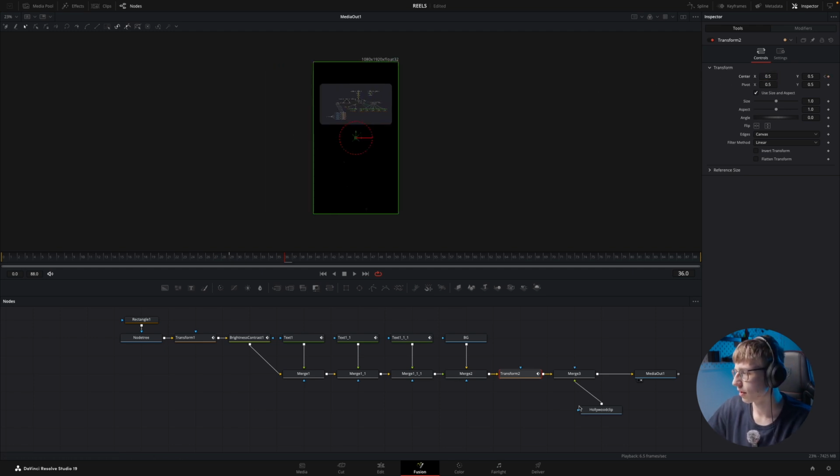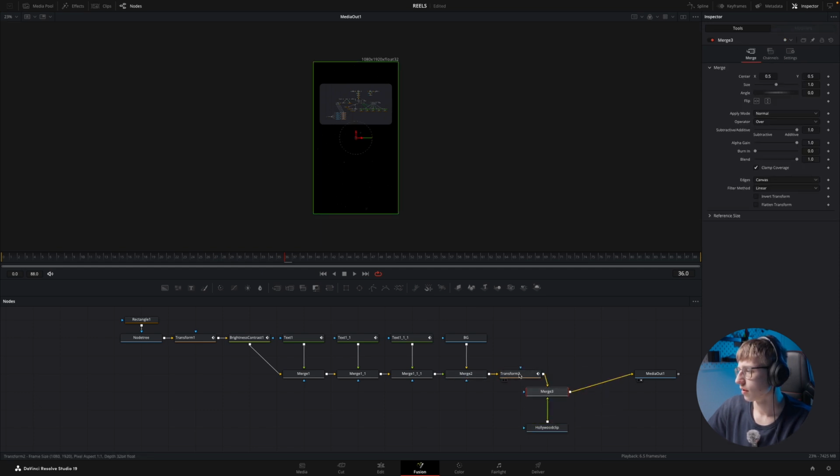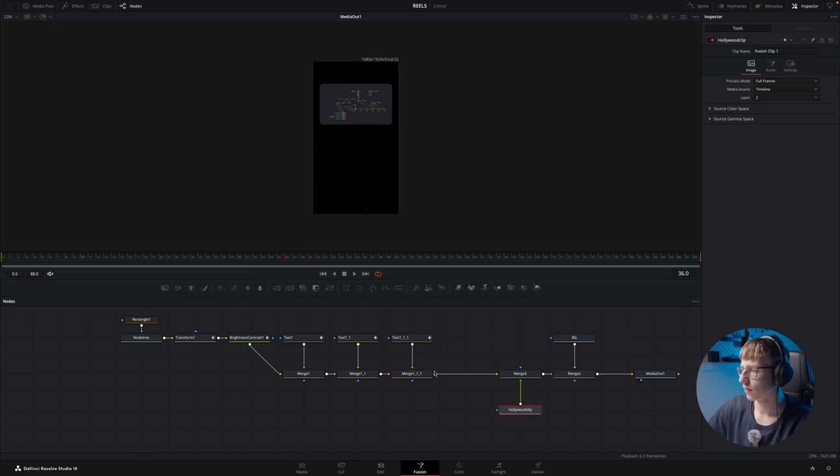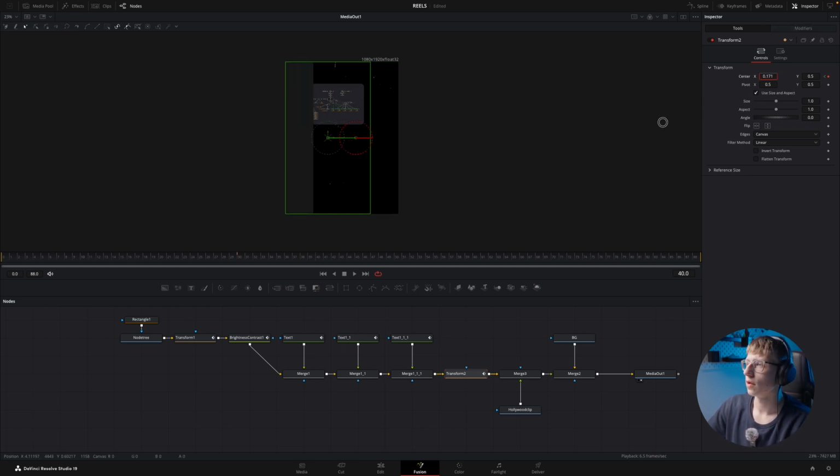Oh wait, actually we want to keep the background, so we will connect this before the background, so the background will not be moved around if we add the transform node. So let's do it like this and add the transform node here. Then let's create the keyframe here, go a couple frames forward, move it to the left like this,